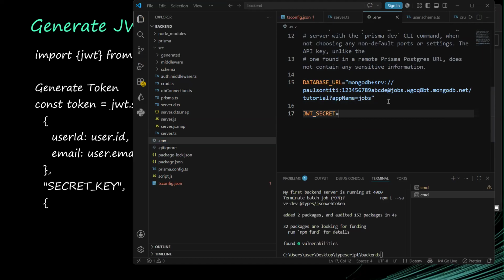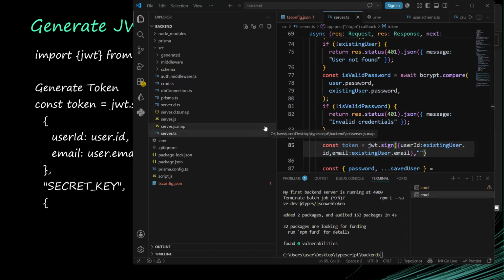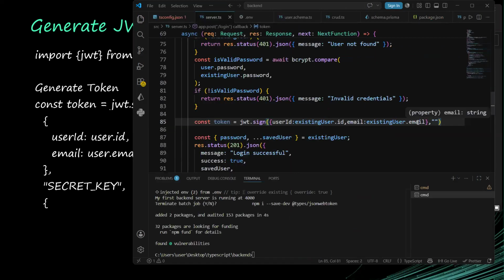Okay. And it's going to be equal to this. You can also put it in double quotes, or you can leave it like that. Okay. So now if I go back to my server, what I will do here is I will now say